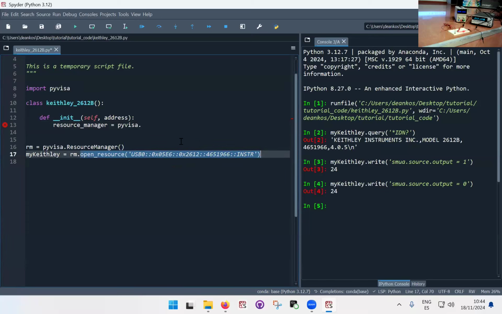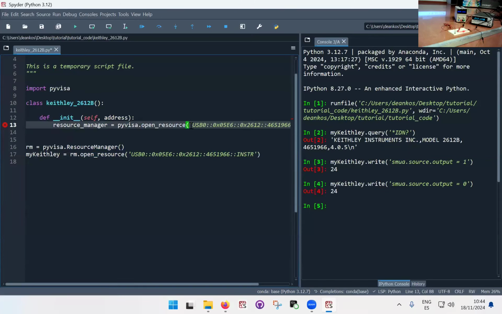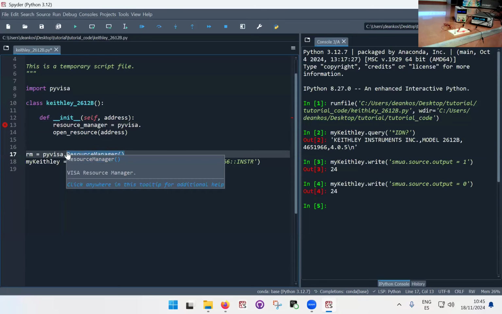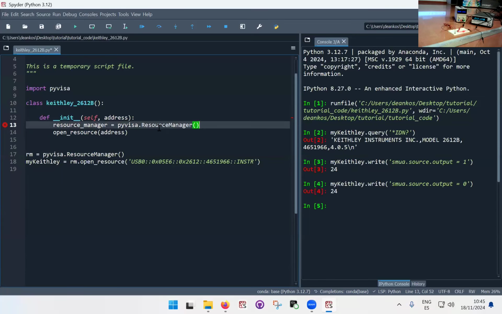Open resource, but instead of putting the actual address here, I'm just going to put the address variable. Oh no, sorry, that's not it, save that for later. With pyvisa, I first need to open the actual resource manager, which is this. Okay, so I need to open the resource manager, and then I can